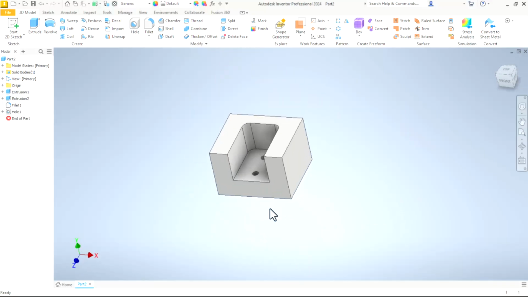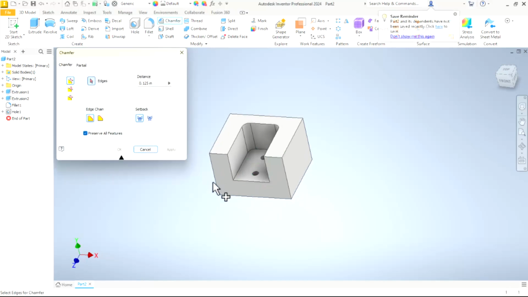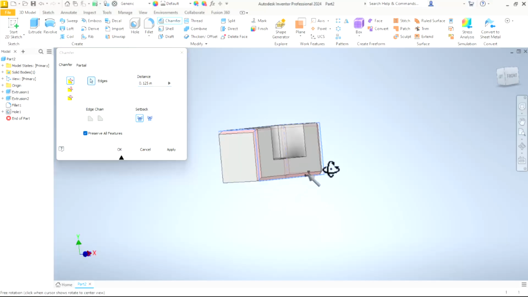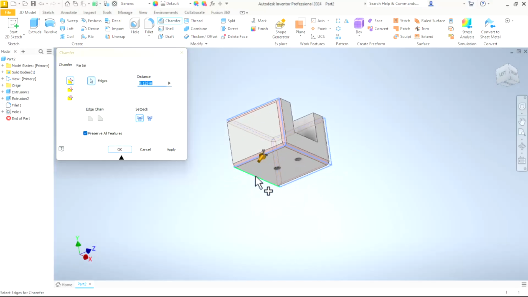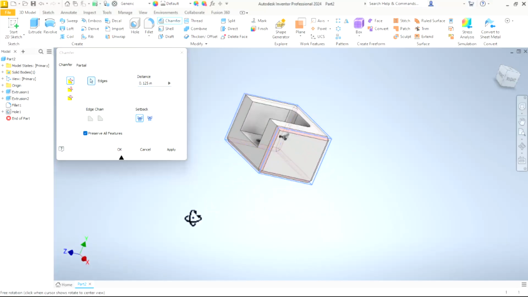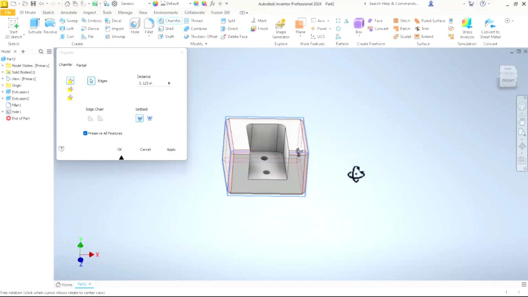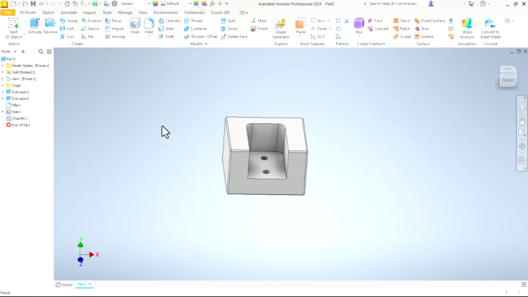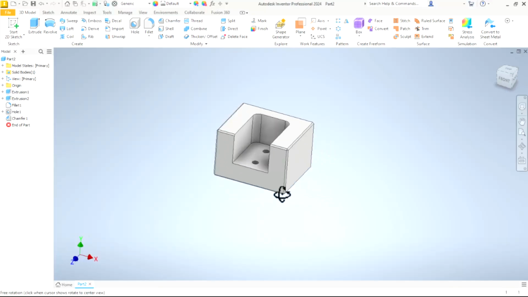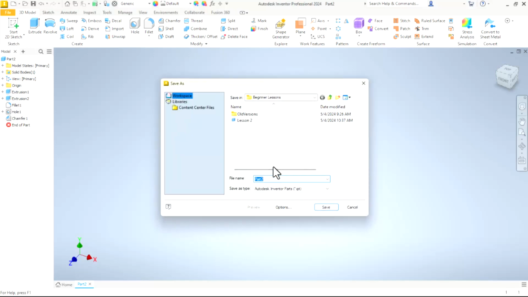One last thing to do to this, as we did at the end of lesson 2, we can come in and add maybe some chamfers to the edges, just to clean up that block a bit. F4 to rotate around, see all of the outside edges. I think we've got everything there. Let's do these 2 on the top. Maybe I don't like it being 0.125, make it smaller. 50 thousandths chamfer on those corners. That looks like enough for this one. I'm going to finish this part. We'll hit save. Call this one